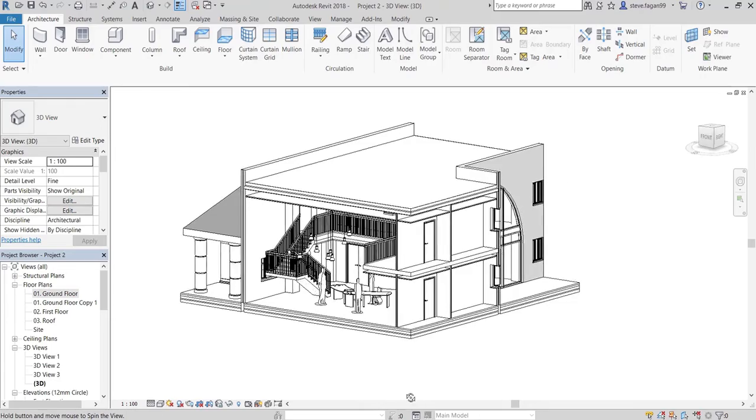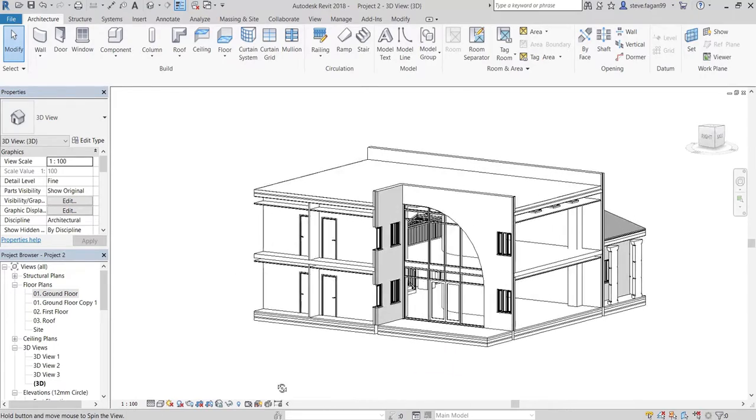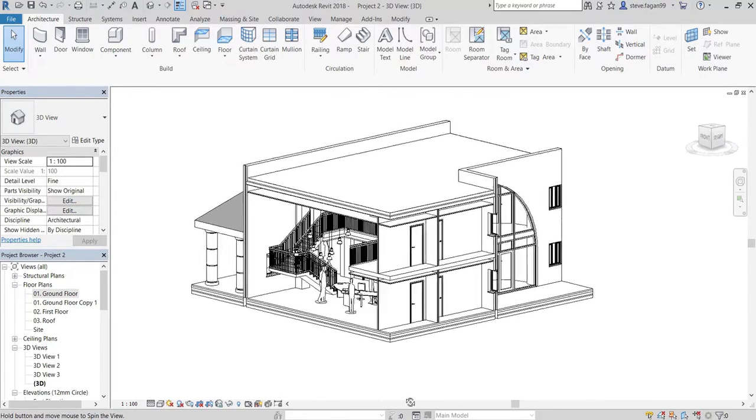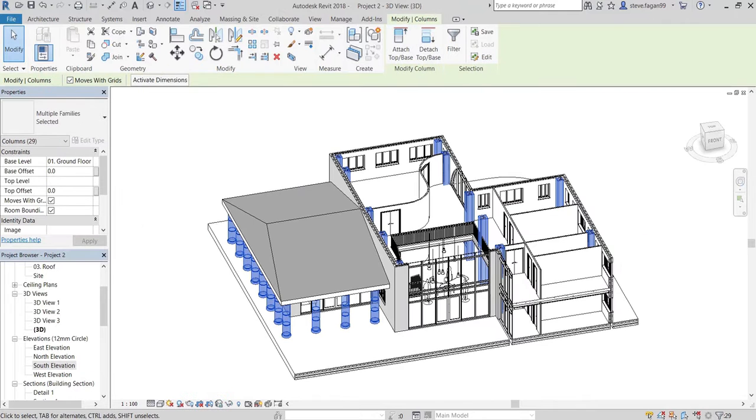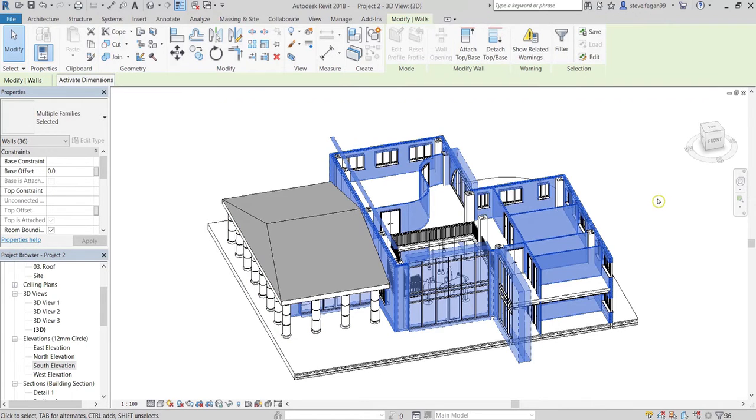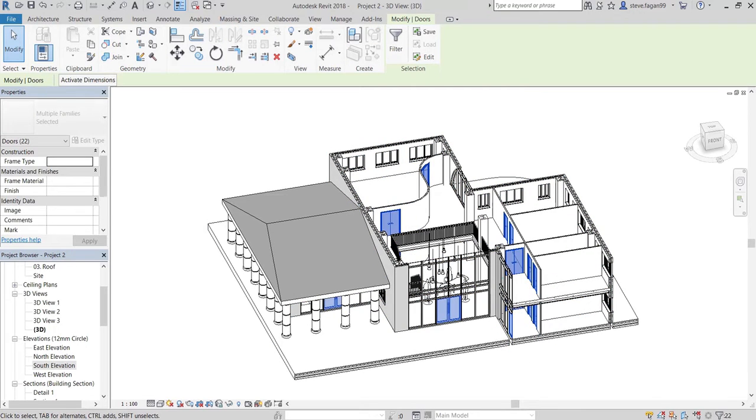We will then move on to building our project, introducing a new tool and feature as we progress. You'll learn all about datum elements such as the levels and grids, the structural components such as the structural and architectural columns. You'll also learn the major and the minor components like the walls, windows, doors, floors, stairs, ceilings, curtain